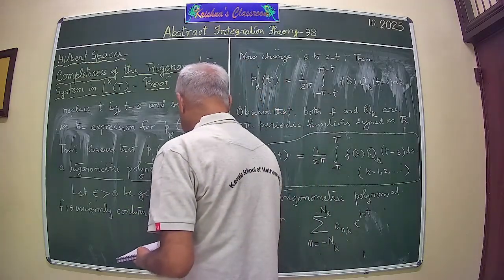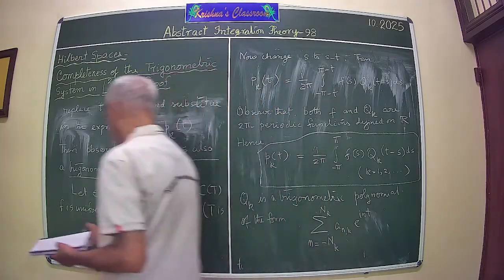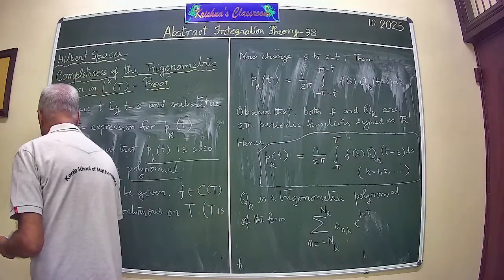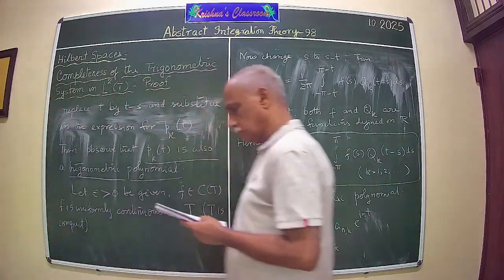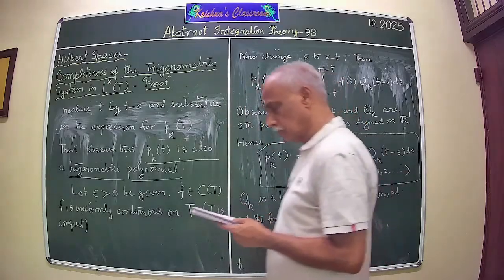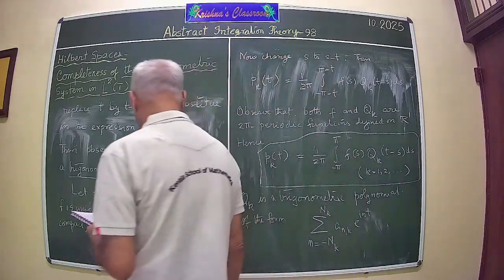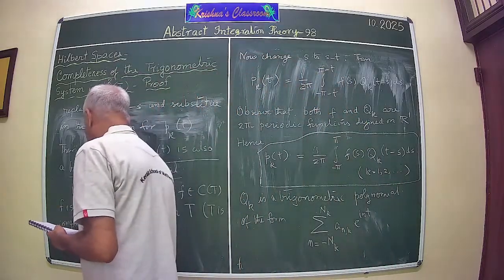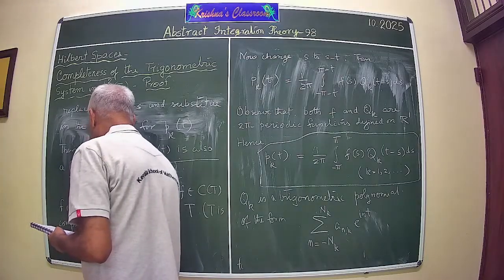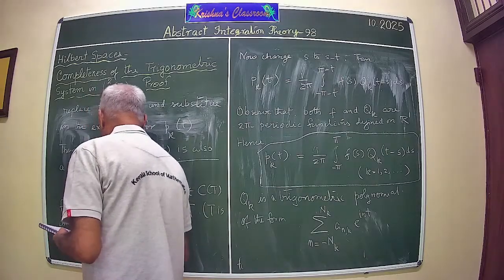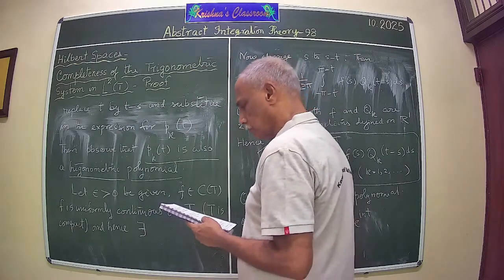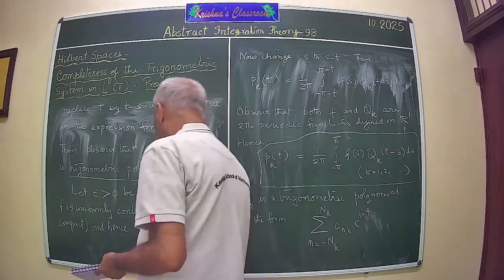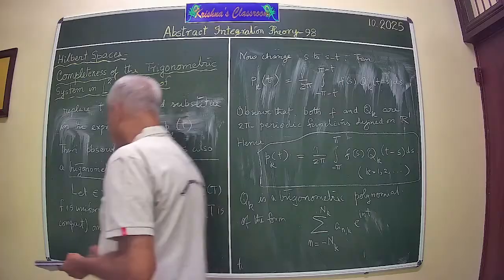Because T is compact. Hence there exists delta positive such that